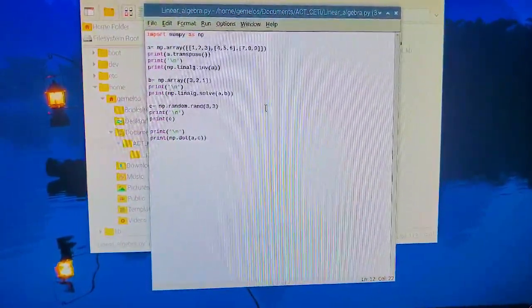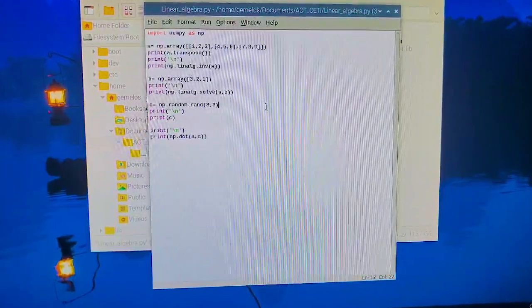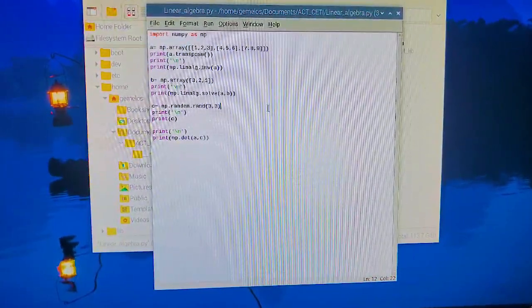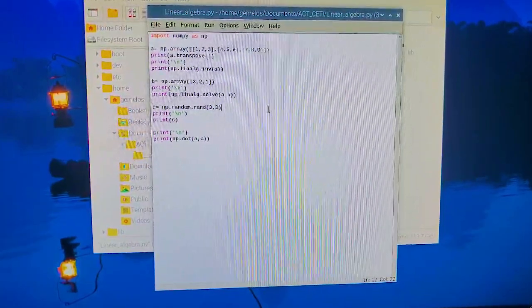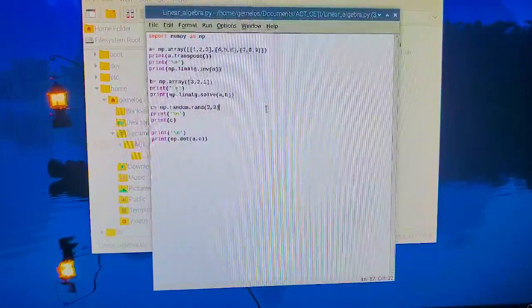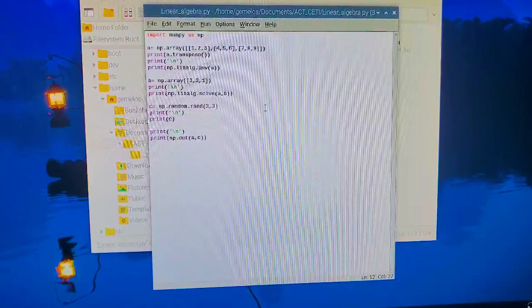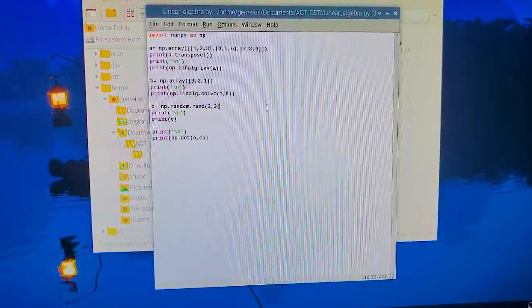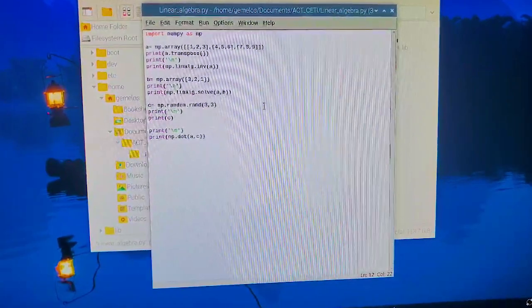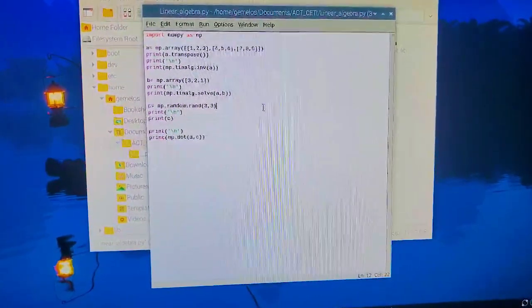Then we have b. b is an np.array from 3 to 1. And also we have np.linalg.solve of a and b. Then we have c. This is an np.random, it will be a 3 by 3. And finally we have np.dot from a and c. So I'm going to run the